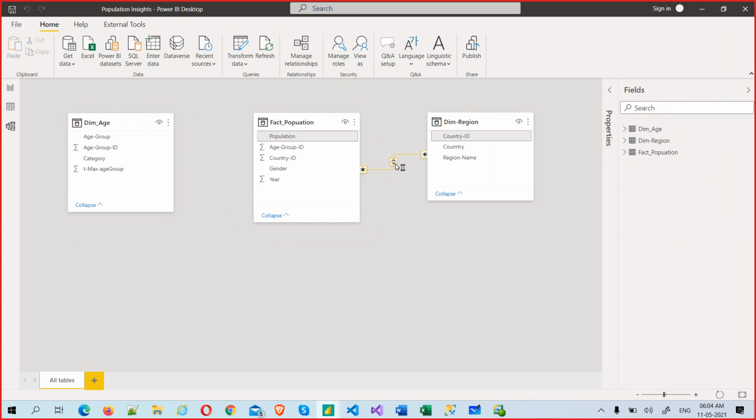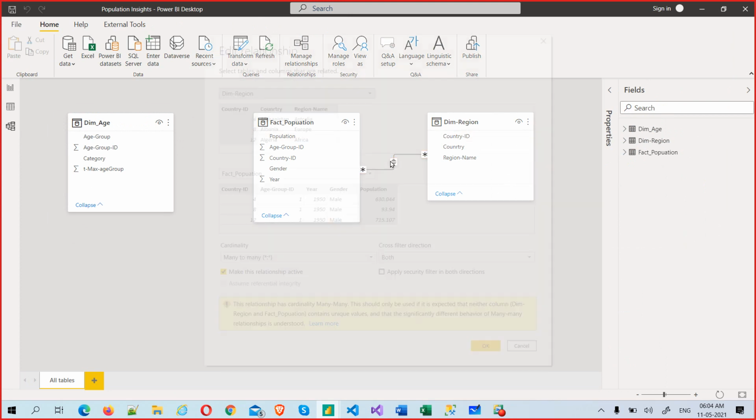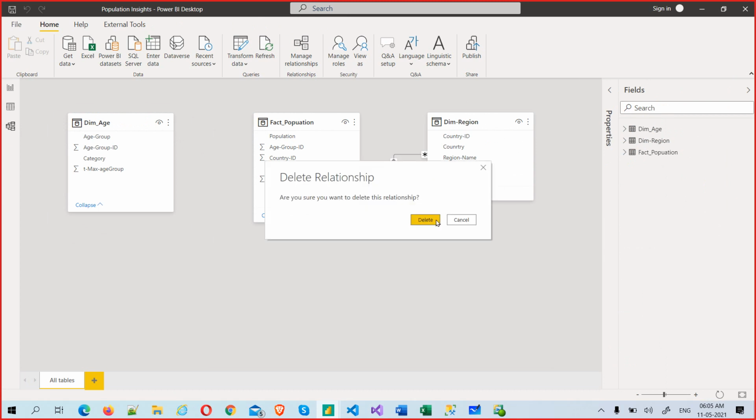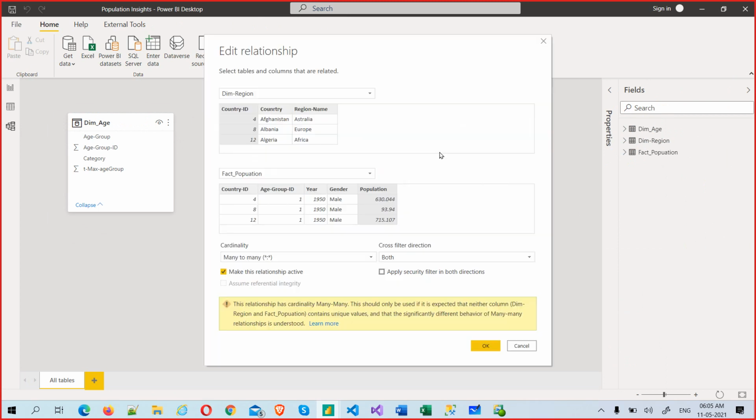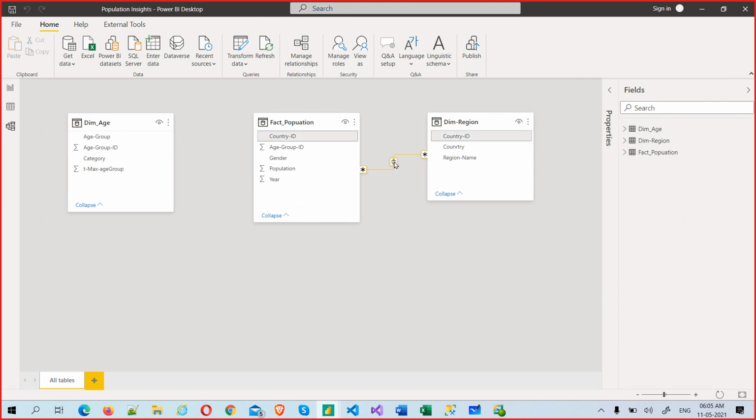if you put a right relationship here, or you can delete that, and then you can delete this and then make a proper relationship, or you can just double click and make the right relationship. Here is the country ID, here is the population. See, ID and population will never match. So that is not a correct one. Make this, and ideally they should not have duplicates in the country ID. If they have, then see.